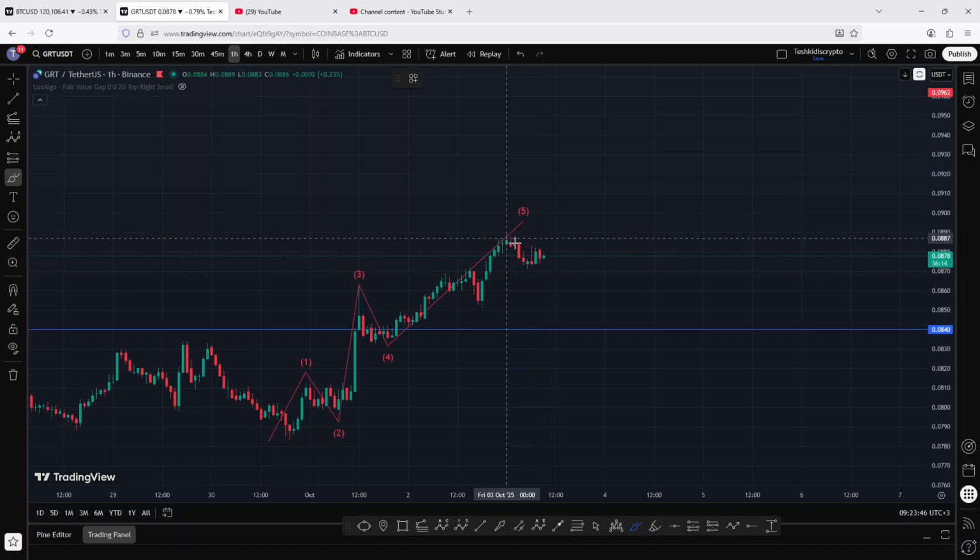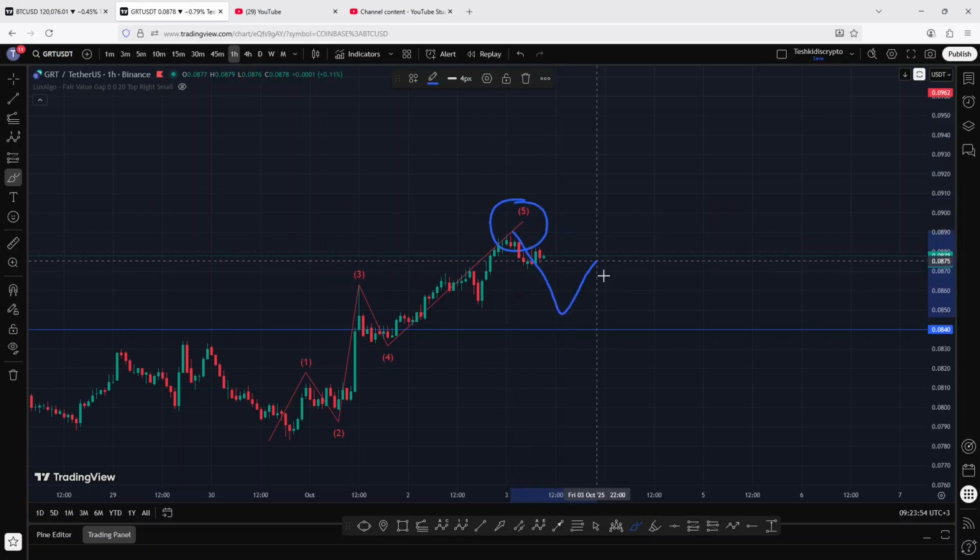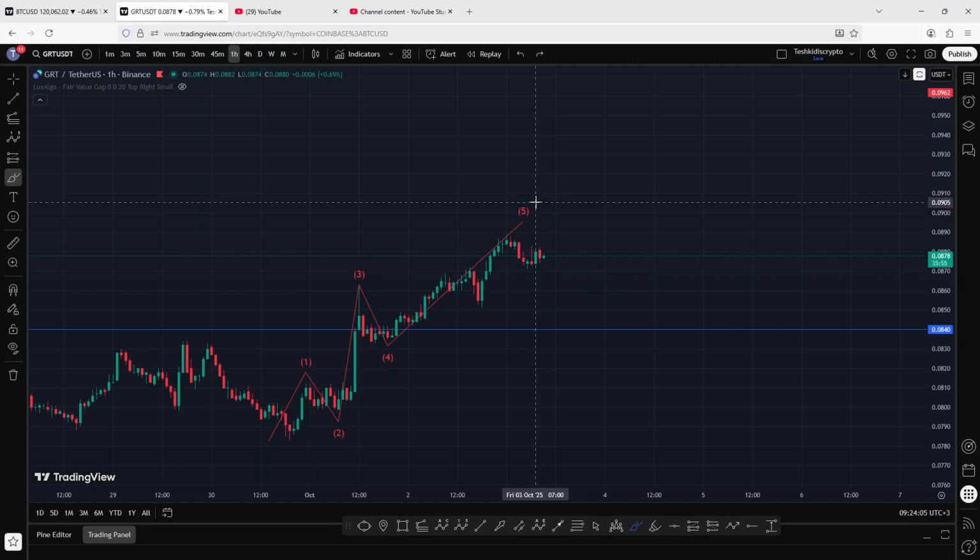The moment that plays out, that will be a clear indication that the top is in, and now we can expect a 3-wave corrective structure, maybe to support, to give us a retest of that support before we can continue pushing even higher. And that means that since the top is almost in the next coming hours, we can easily get a bit of a retracement,